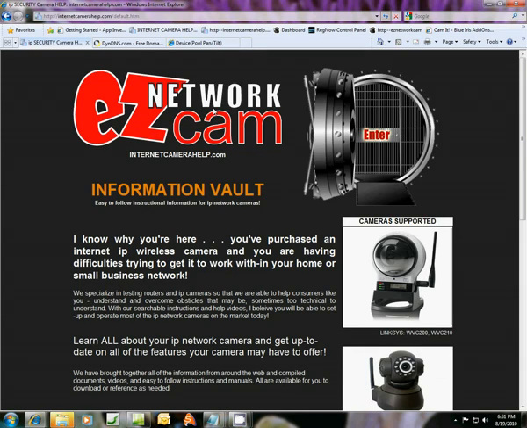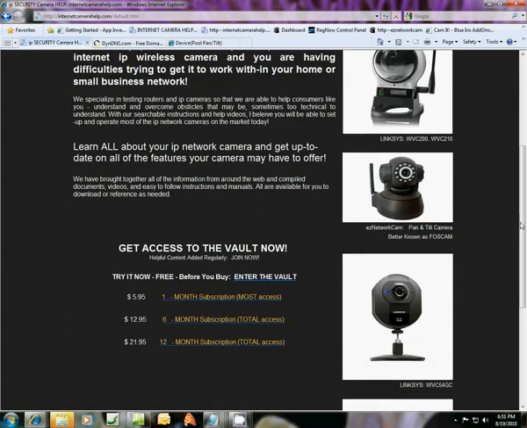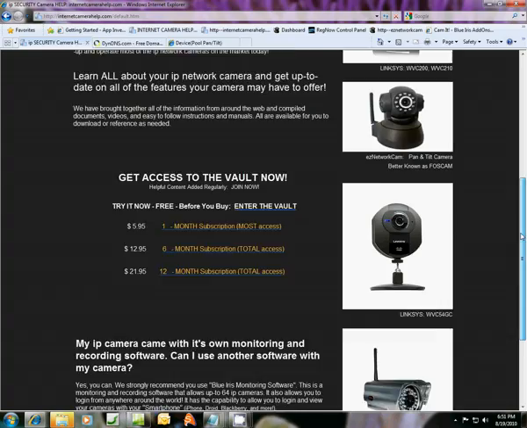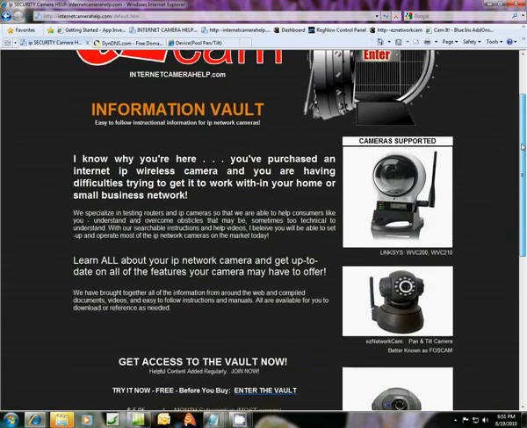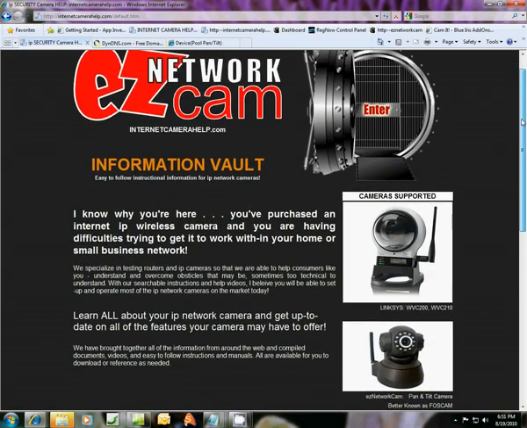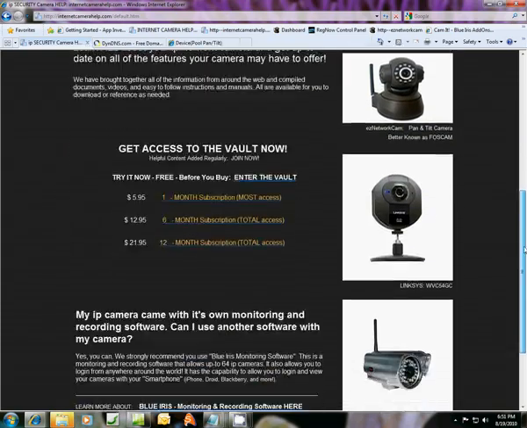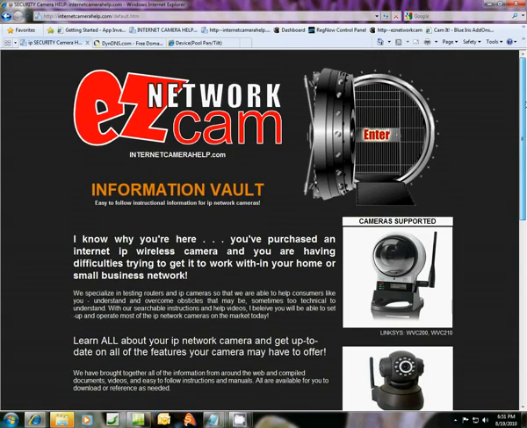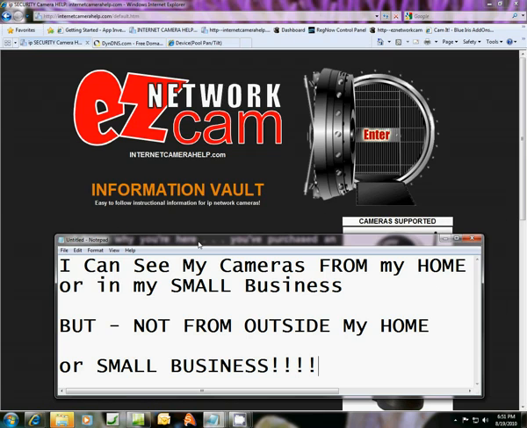Okay, we're here again with another tutorial, and we're at Easy Network Cam, InternetCameraHelp.com, and we're going to be working on any one of these cameras here that you see, and we're going to be addressing the issue of why you've successfully hooked up your camera within your household network or small business network, and you go out of your household and you go, say for instance, to work, and you try to log in from the internet, and you can't see your internet camera from outside of your network,